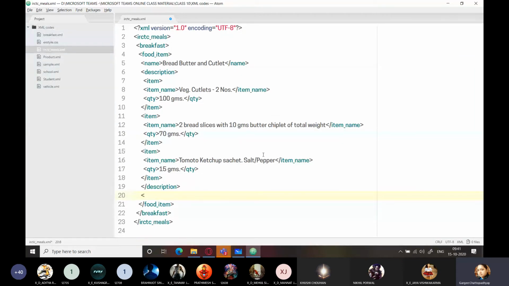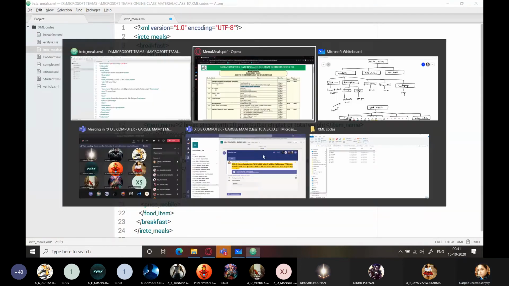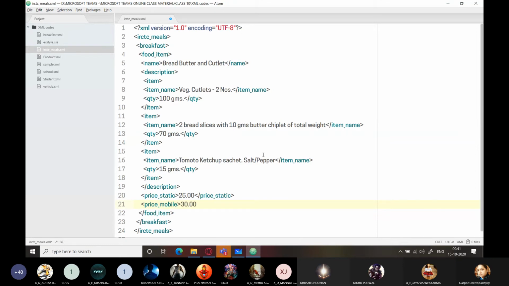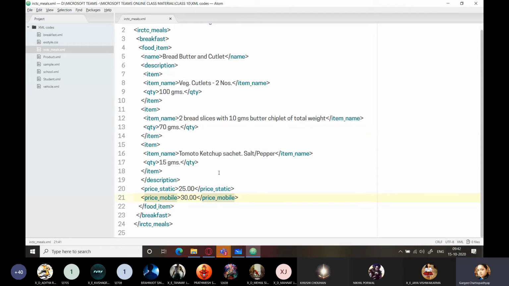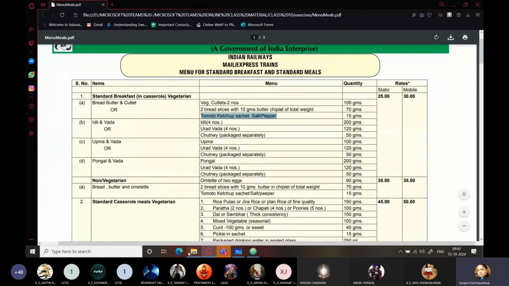So that's why under food item I'm just going to write price static, price mobile, and that's it. And let us check this first item on the browser first.